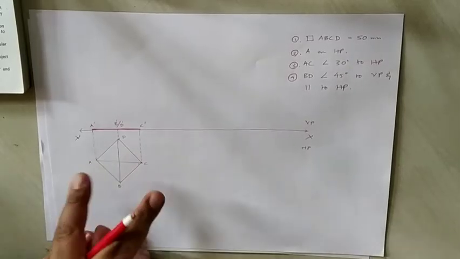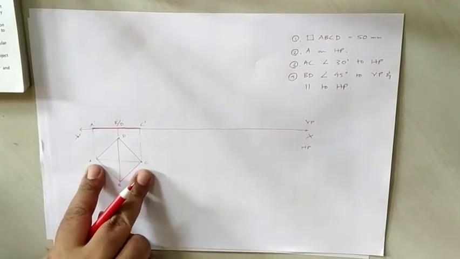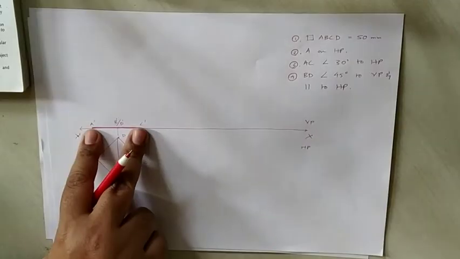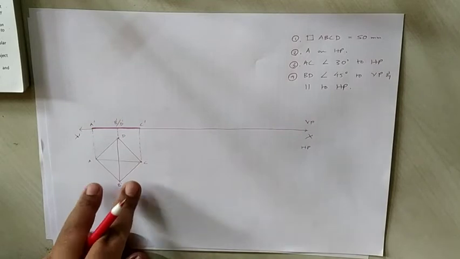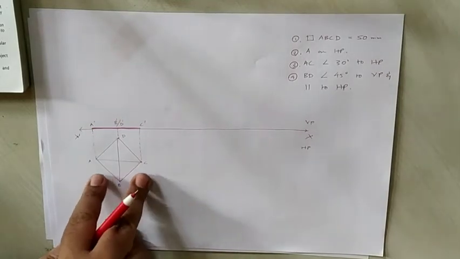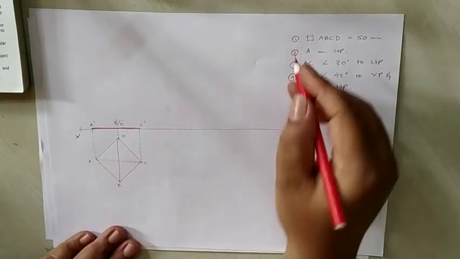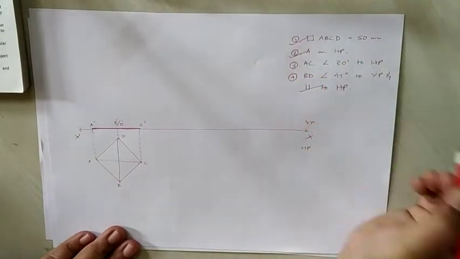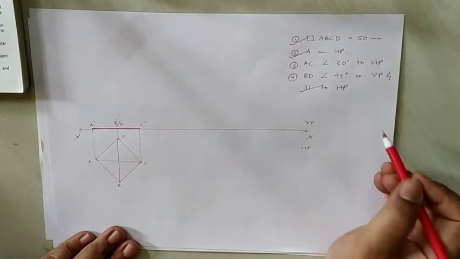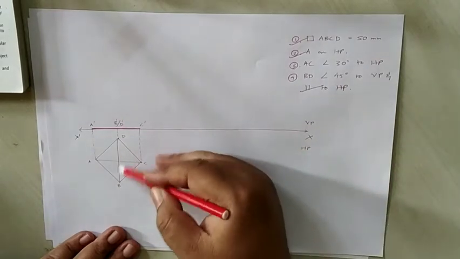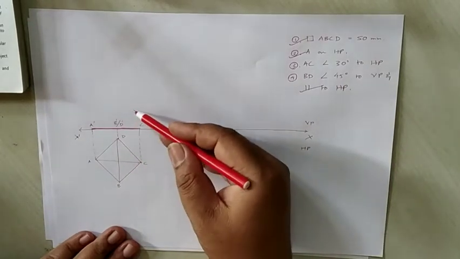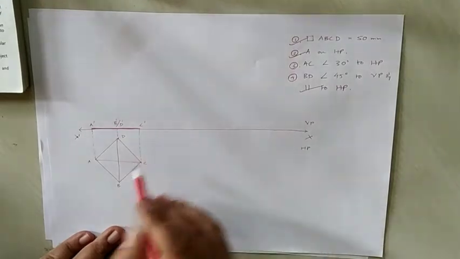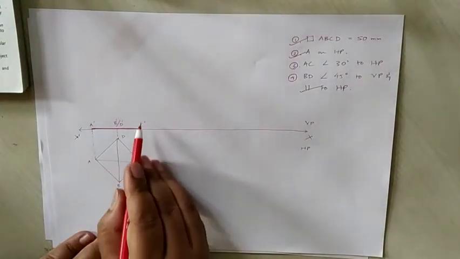Now we are considering line, we are not considering the plane. AC is the line which is parallel to VP. It is at this position, it is also parallel to HP. Now condition 1 is satisfied, condition 2 is satisfied, and this condition is also satisfied in this drawing. BD is also parallel to HP, perpendicular to VP but parallel to HP. AC is the line which is parallel to both HP and VP.